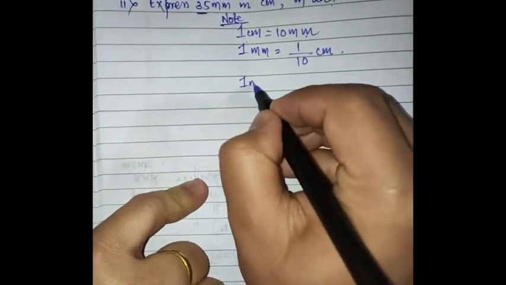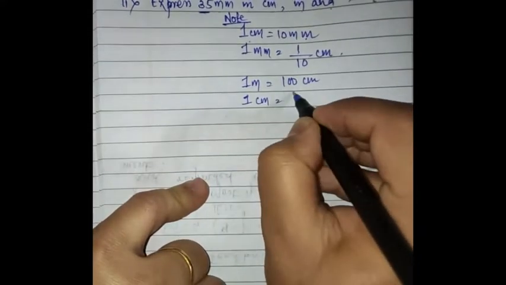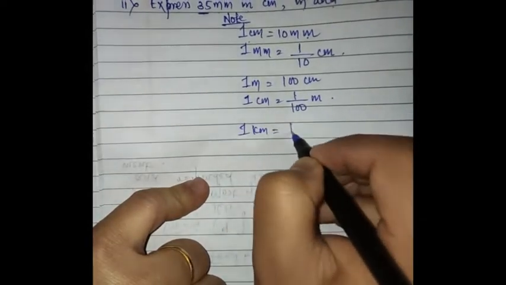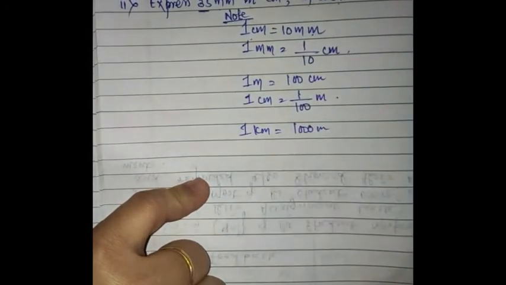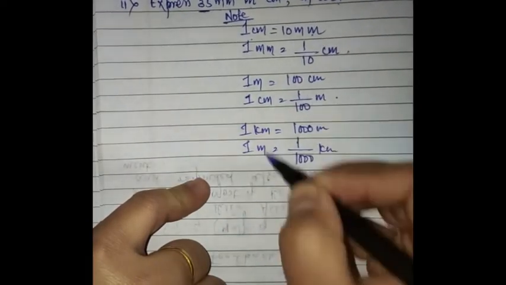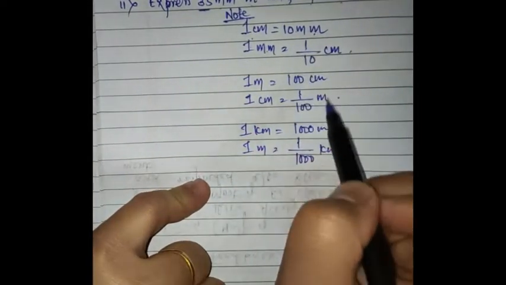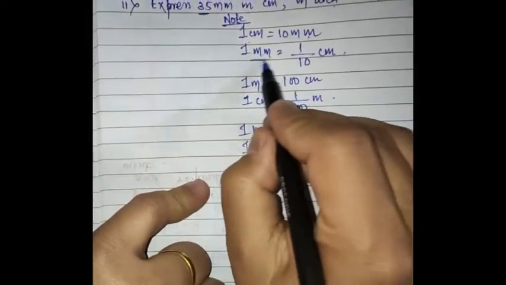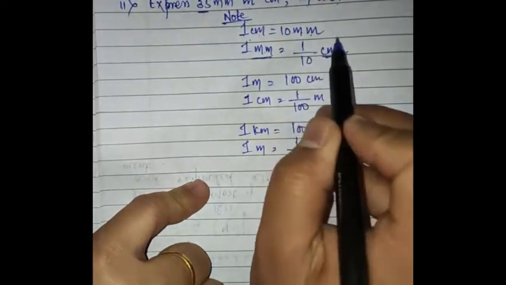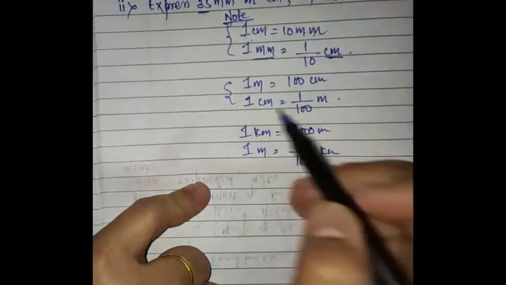Similarly we can write 1 meter equals 100 centimeter. This thing I have written before. Similarly 1 centimeter equals 1 by 100 meter, isn't it? So 1 kilometer equals 1000 meter, that I have mentioned before, and 1 meter is equal to 1 by 1000 kilometer. That will get reciprocated. When you have one unit, you can convert that unit into the reciprocal form, 1 by 10 form. But you should be very careful with units. If you write 1 millimeter equals 10 centimeter, then that will be incorrect. This is the actual form, and using one unit you can reciprocate the other one.